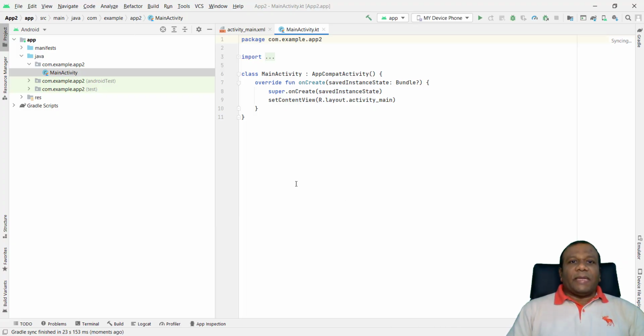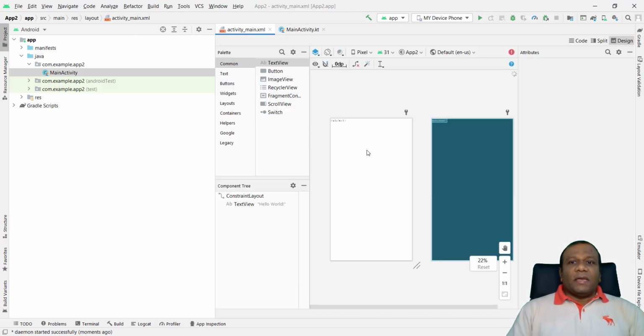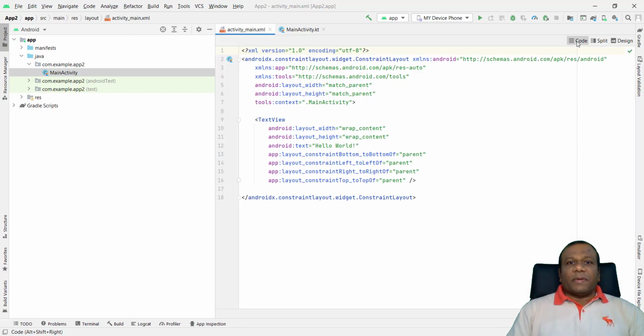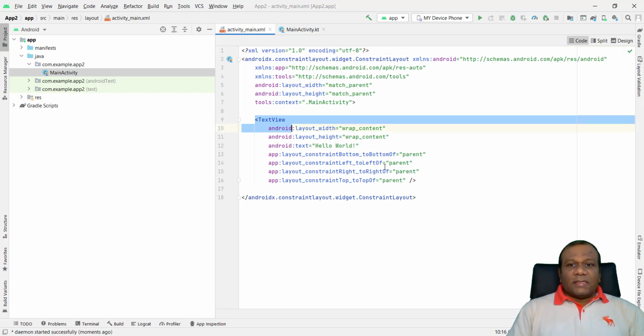It's now completed. This is MainActivity.kt, Kotlin, and the main activity XML. This is the design view. Here there is a hello world. I will go to the code view. I prefer the code view, right? I will delete this existing text view in the XML.